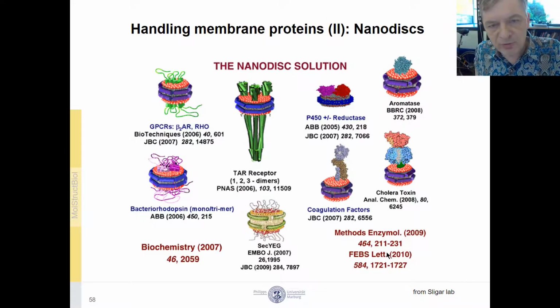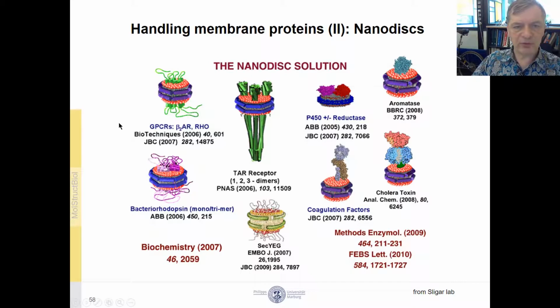So a solution has come up to emulate nature a little bit, with the trick that we use ourselves when we digest lipids. When we digest lipids, we add bile acids in our gut, and then they do not form bicelles, they form this kind of nanodiscs. Our bile acids are pretty heterogeneous in size, so they look a little bit like a lamellar membrane here. Yes, also our lipids in our digestive tract would look like that, but